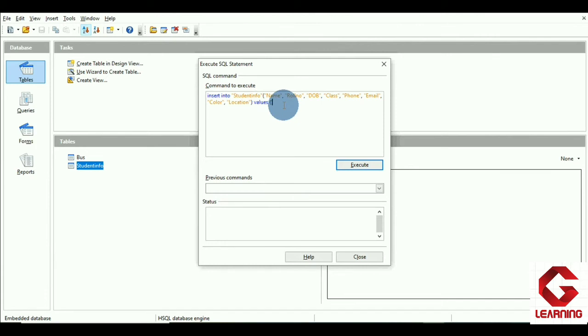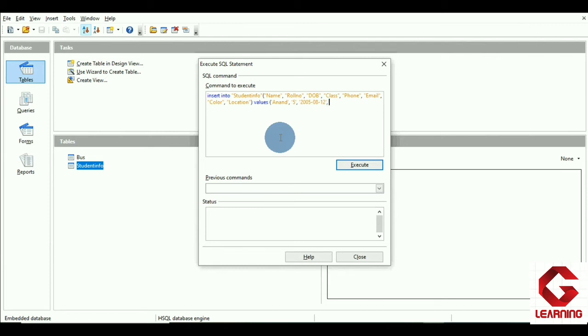So first of all, name is Anand, next is roll number, it is 5. After that date of birth. Date we have to always enter with year in 4 digits, month in 2 digits, and day in 2 digits. So that is the format of the date we have to always follow. 2005 hyphen 08 hyphen 12. So 12th August 2005 is the date of birth.